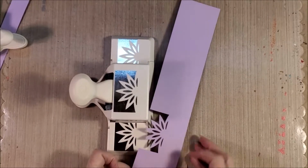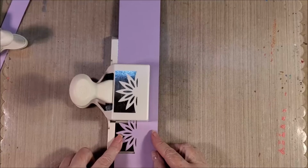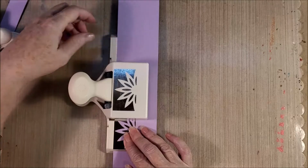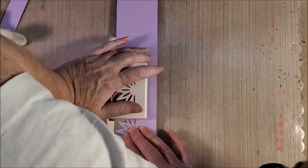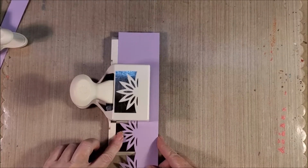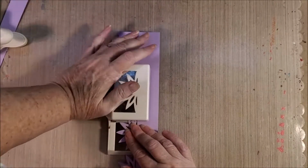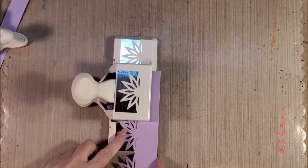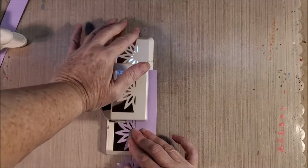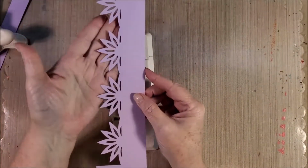And as I come down and punch my design, I have to make sure that this one lines up right on top and that the edge over here stays bumped up against that design. And I just continue my whole strip. If I only wanted one, I could just punch one, but okay. Now I have a border,